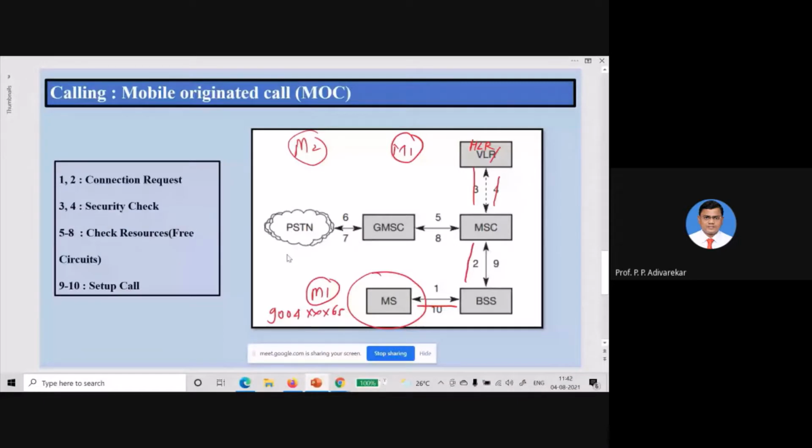But if your call number is a telephone number, let's say T2 is the telephone number, then the MSC will contact the GMSC. That happens in the fifth stage. And the GMSC forwards this request to the